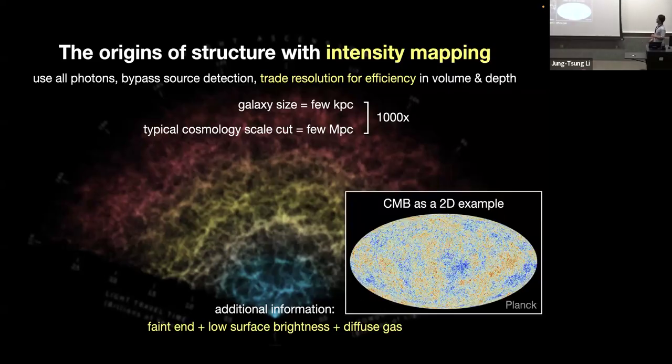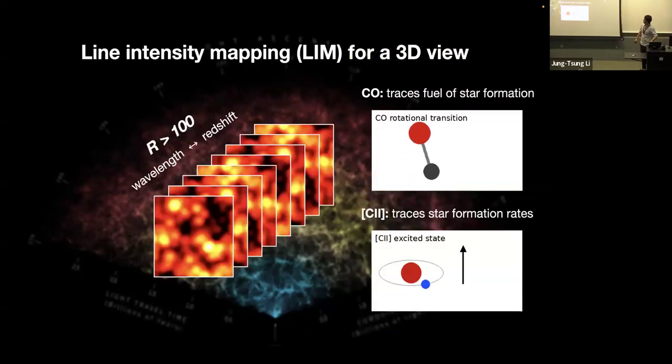So one key example of two-dimensional intensity mapping is the CMB experiments mapping out early universe radiation. And of course, to map out the 3D structures at later time, one particular approach is to use strong lines, so line intensity mapping. You can pick one of your favorite lines. For example, CO rotational lines is tracing molecular gas and fuel of star formation, and C II is tracing star formation rate itself. If you have some capability of doing spectral mapping, you do the wide field maps in different frequency channels. You map out the 3D structures of the universe.